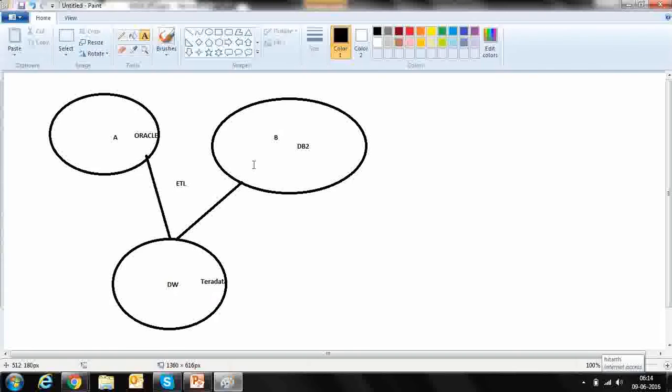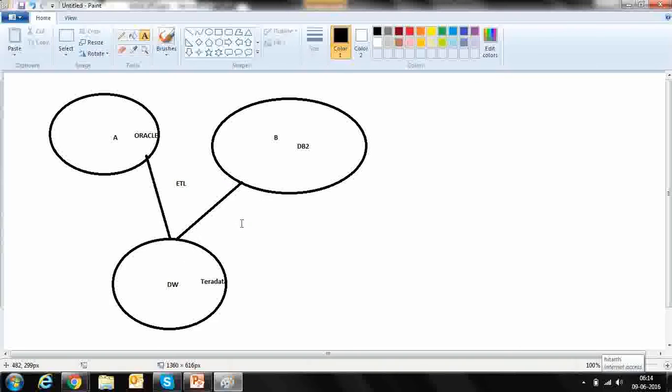So that is now done by ETL. Now this T stands for transformation. That means this DB2 data is not compatible with the target right now, right? So that data is going to be transformed with the process of some ETL tools, okay? So that is called a transformation, right?